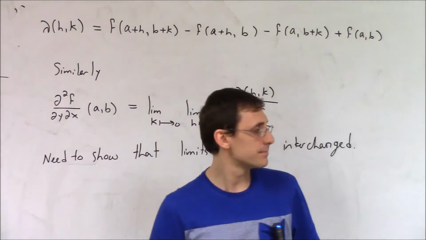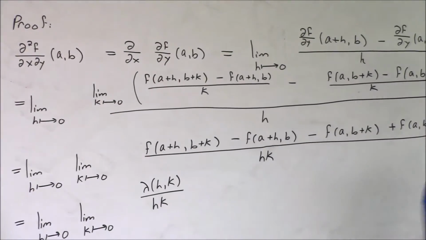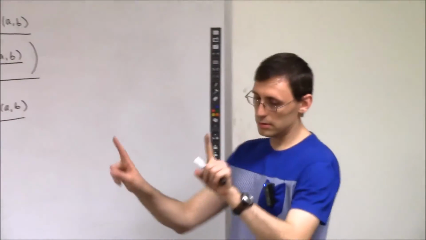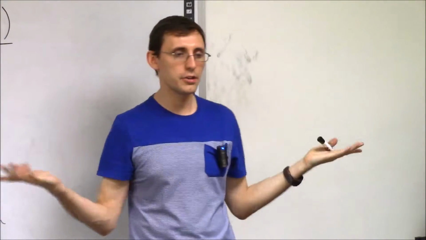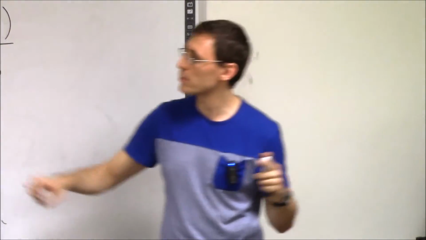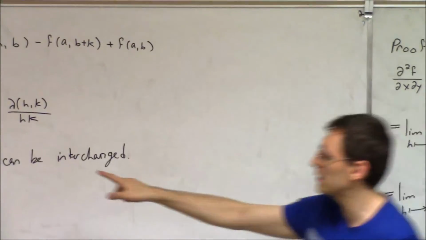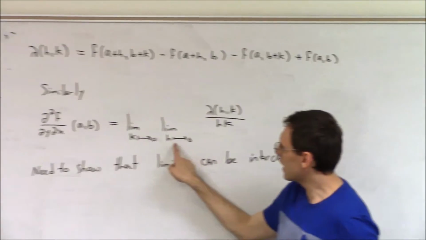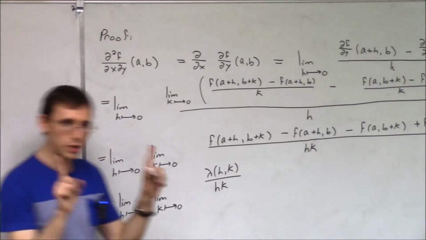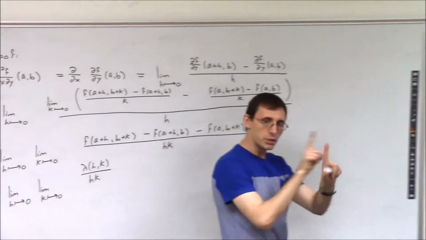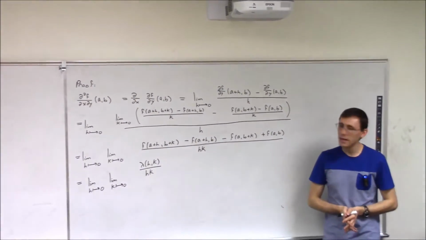The point is that if you can prove that those two limits are actually equal to each other, then you prove that they're the same, not that they're continuous. You prove that this mixed partial is the same as that mixed partial. Do you see the difference? Look at the difference. Here h is first, then k. Here k is first, then h. So they're already very similar. If you can prove that you can interchange the limits, you have established that they are the same.